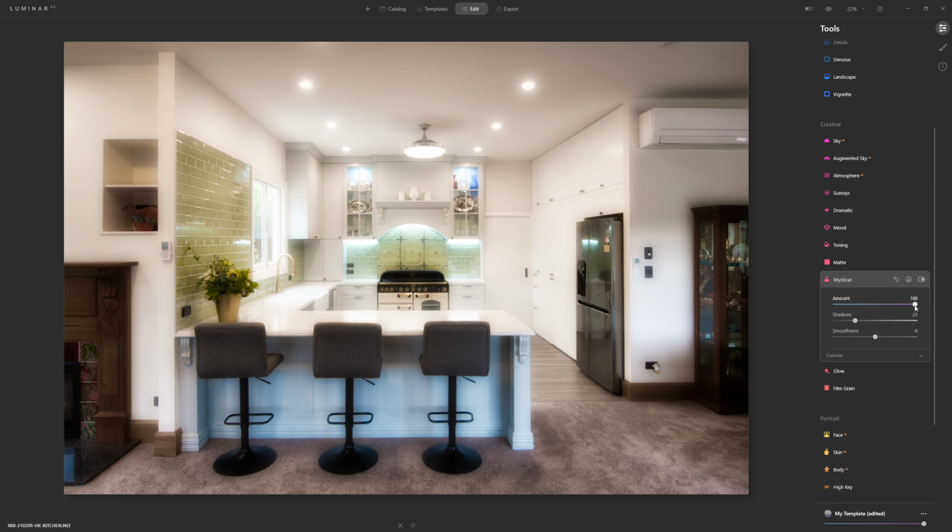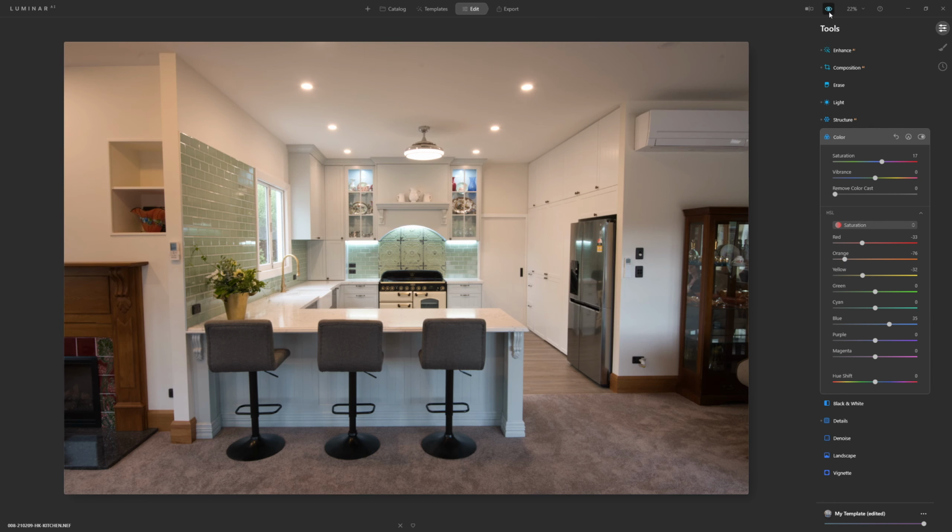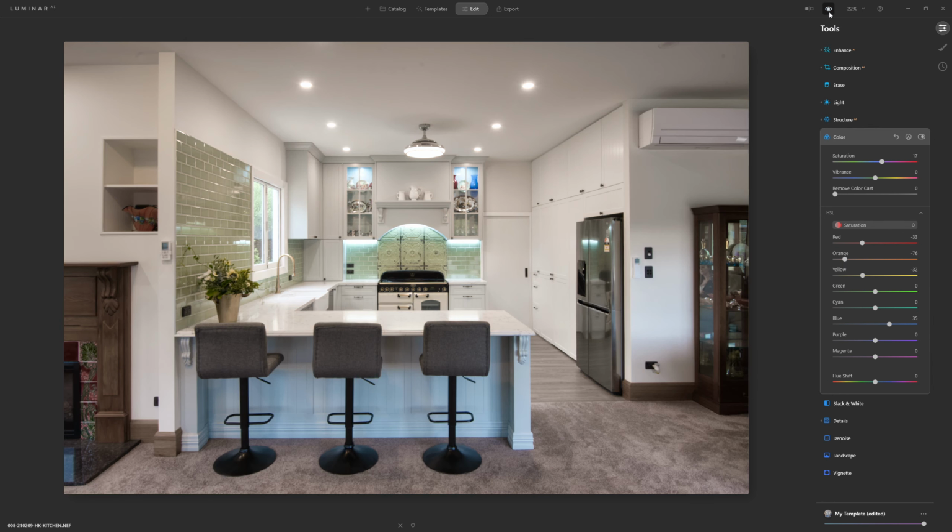Even when you do have your designer caught in the reflection here, we'll crop her out before we send that back. But from here, I feel like we could say we're done. Perhaps we still need to take out a little bit of this orange or yellow from the walls and ceiling. Yeah, let's just drop that down a little bit further. But if we look where we came from to where we're at now,